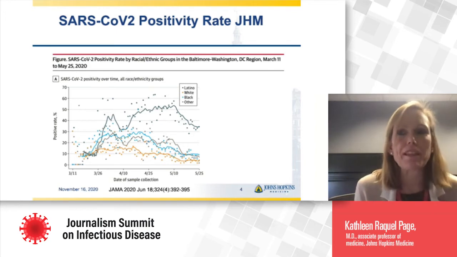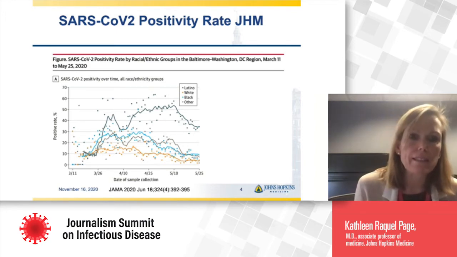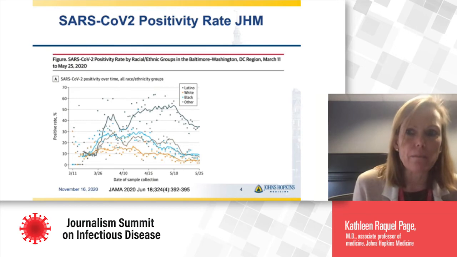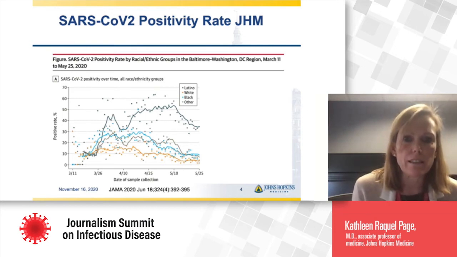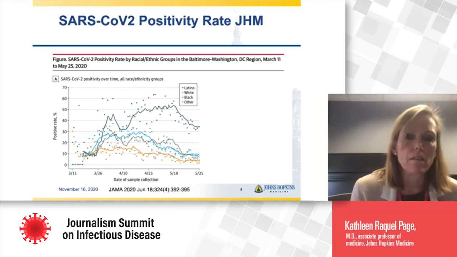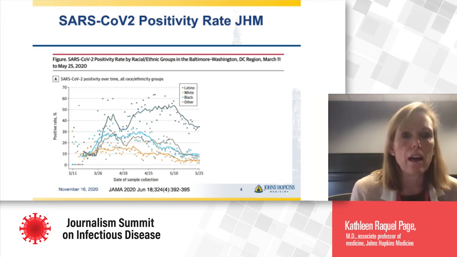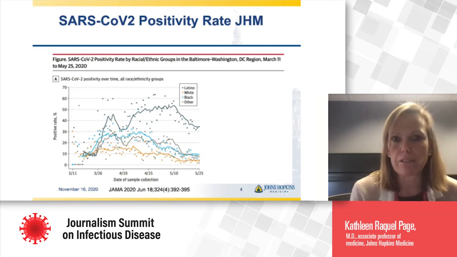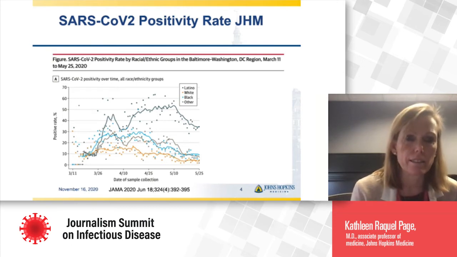Okay, so this was in April, and this is data from the Hopkins Health System of all the tests that were done in our system from March until May. What you can see here on the y-axis is the positivity rate, and here are the dates. And we can start looking at the yellow line, which shows the positivity rate among white patients tested in our system. You can see that, at that time, it peaked at less than 20%, somewhere in April, and